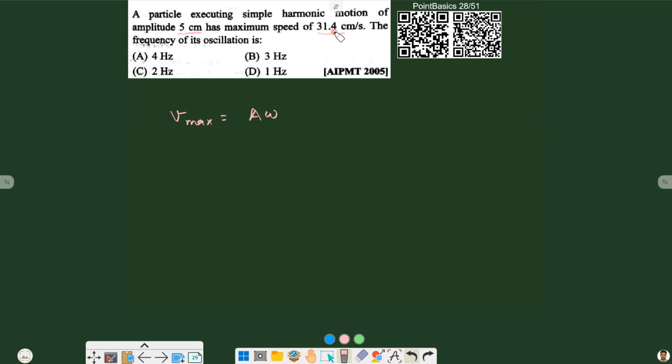So A omega is equal to 31.4 in centimeter per second, and we have amplitude also in centimeter, so omega will be 31.4 divided by 5, and we have to find out frequency, and omega is equal to 2 pi by T